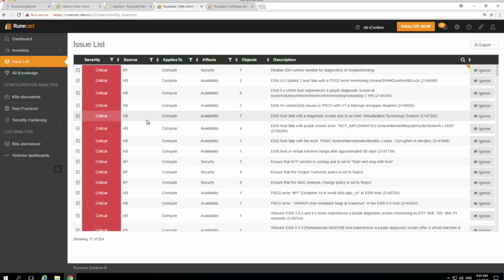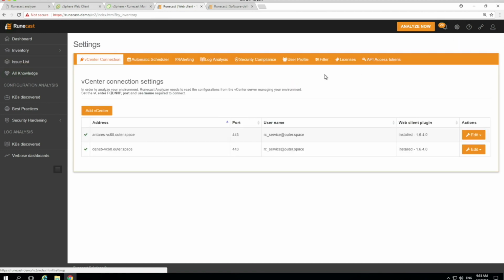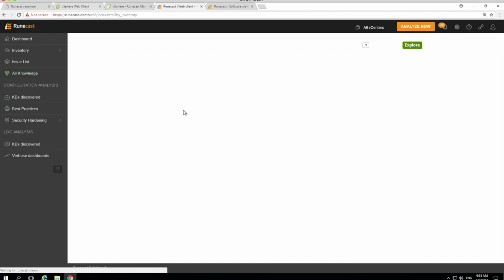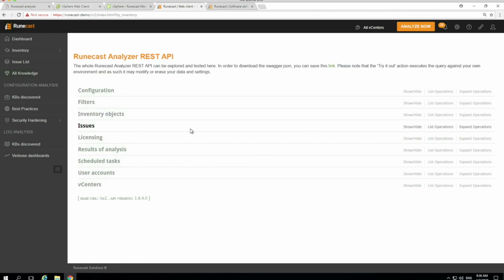I mean, one other feature I would probably have a look at the moment, because this is something we've recently introduced, and we think it gives a lot of potential to extend the product, and a lot of our customers are really interested in using this. We've been developing a vRO plugin, for example, which would allow you to use the API. I'll show you now. So we've got a RESTful API to pull data from the Runecast Analyzer and orchestrate workflows to do automated remediation for you. So that's one of the use cases for this API.